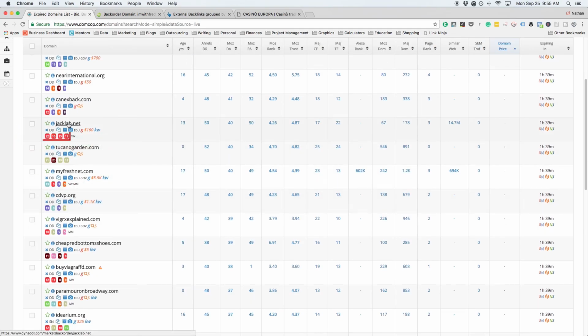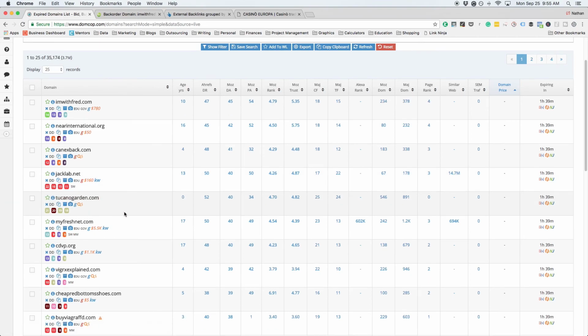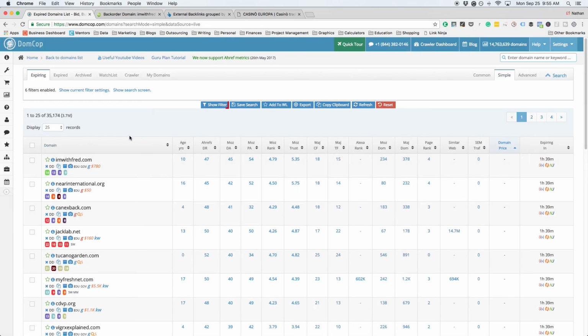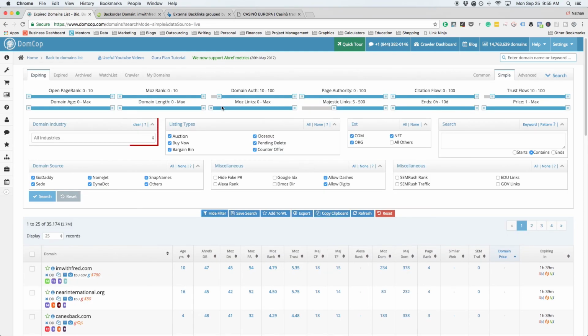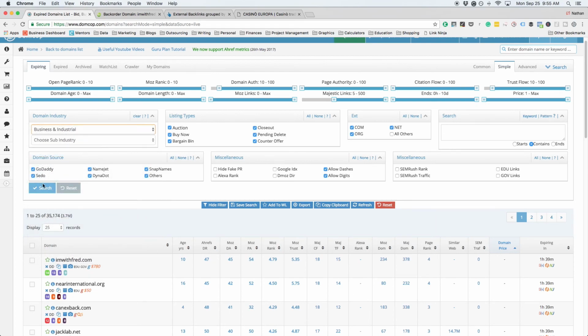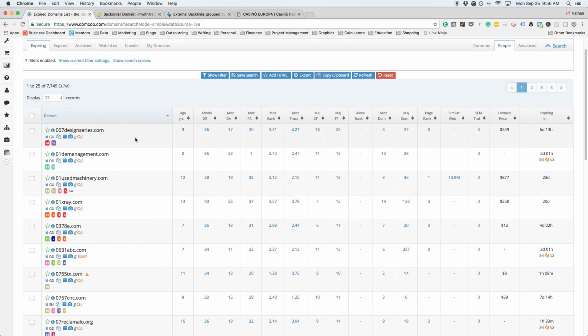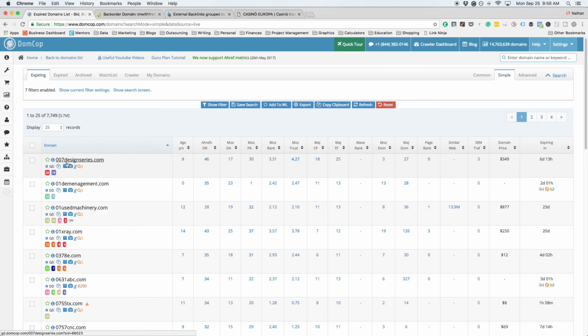So the nice thing about DomCop is that right below here, you can actually see they show you the trust flow. So let's say, for example, I wanted to find some expired domains that I could leverage for Gotcha SEO. What I'd want to do is go back to the filter and go to the All Industries tab and change it to be specific to the industry that Gotcha SEO is in. So that would be the business industry or anything closely related to that. But for this example, I'll choose the business industry. So now I'm going to search again, and then I'm going to try to find any expired domains that are relevant to Gotcha SEO. And then we're going to go from there and see if we can get a little bit deeper in the analysis and ultimately try to find a domain that we can actually use or leverage.